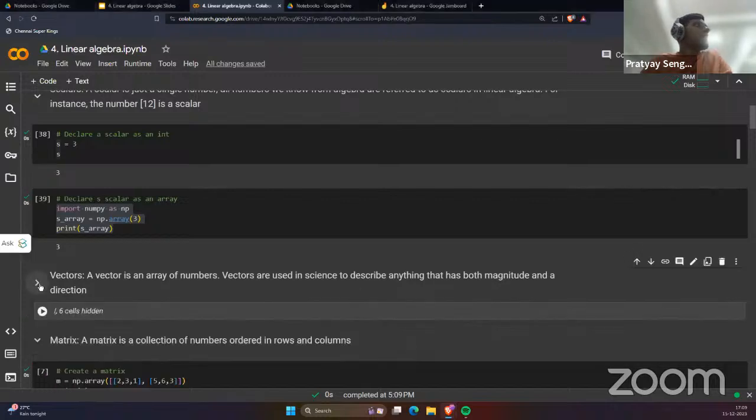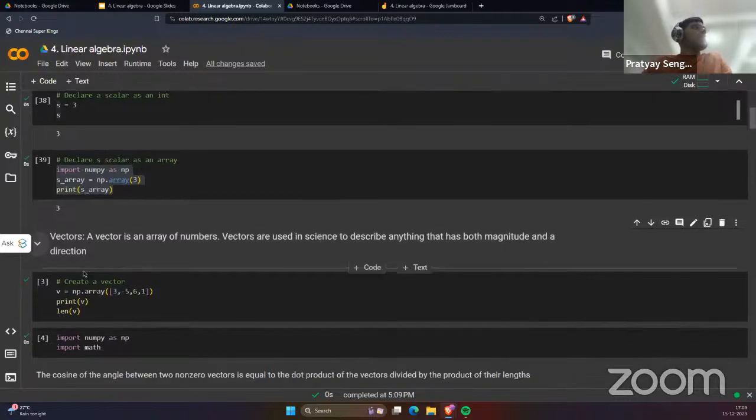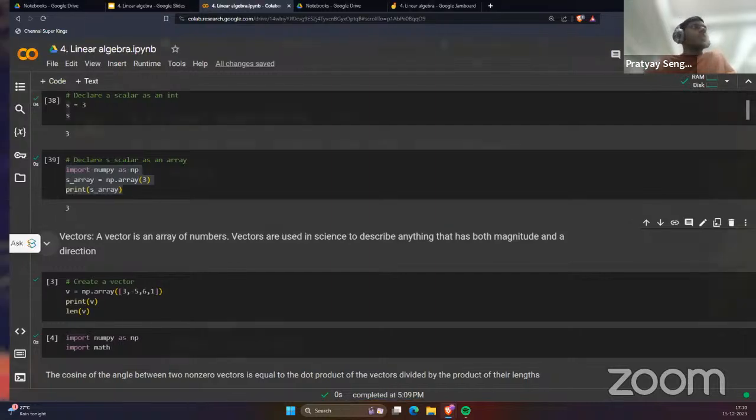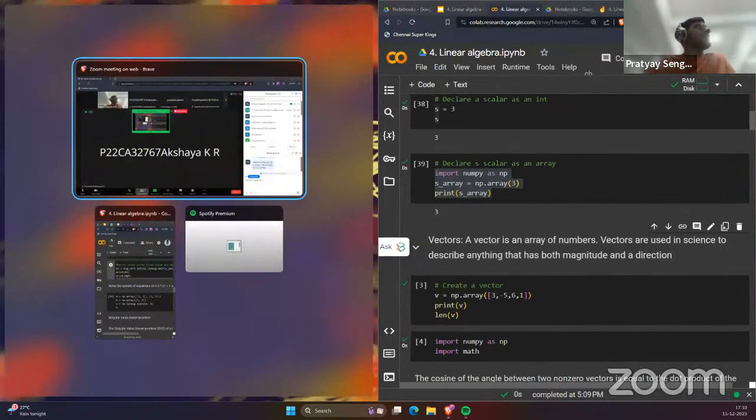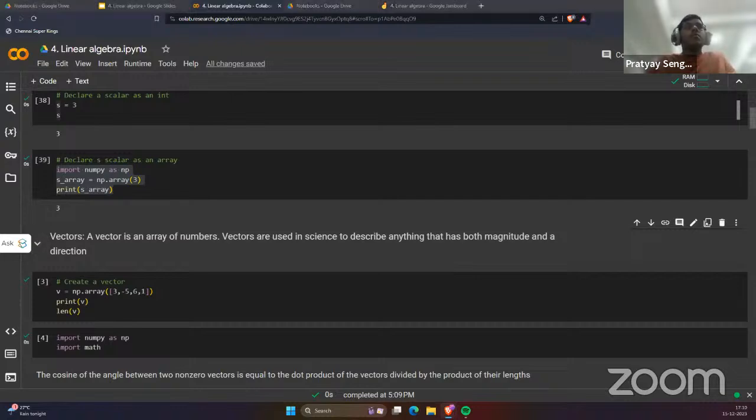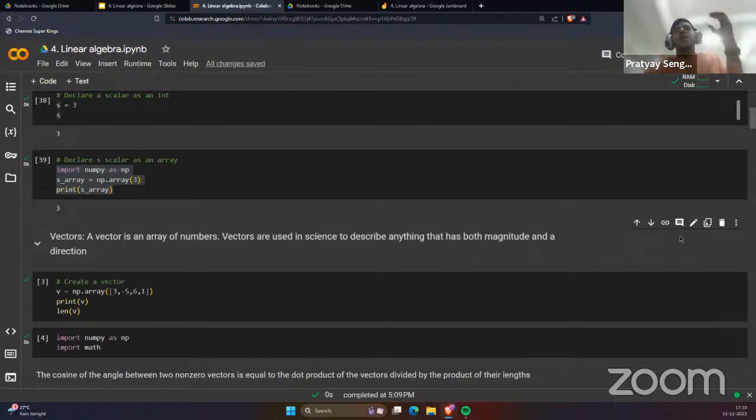Followed by that, we have a vector. So what is a vector? Anyone? How do you define a vector? A vector has basically two things to define it. For defining a vector, it has to have a particular magnitude. What is the magnitude of a vector? Not only a magnitude, it has to have a direction of the